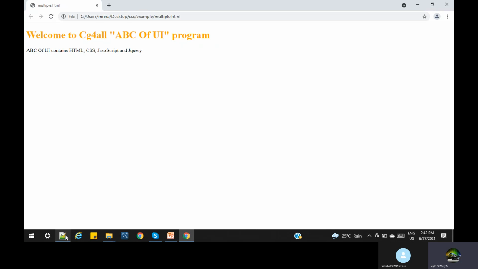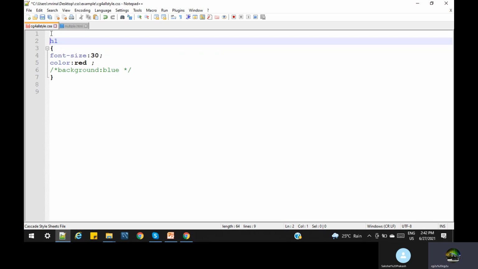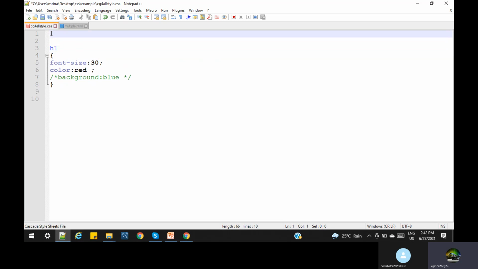So if we want to comment any line of code, we have to do it like this. On top of that, if we want to put any message, then we can write a message.